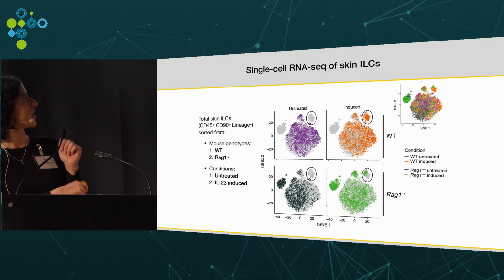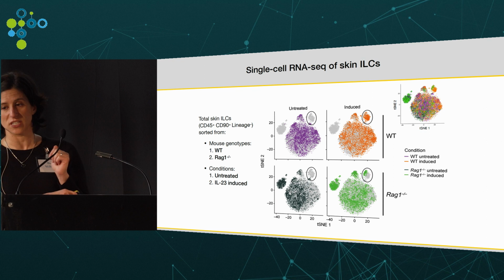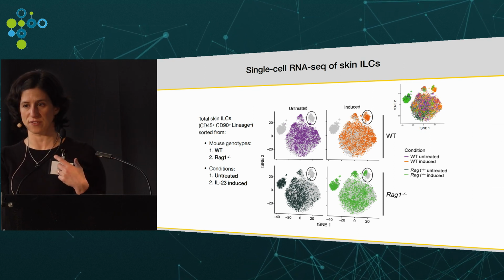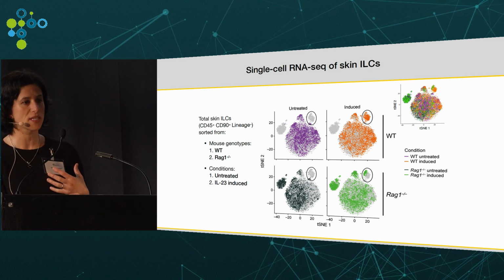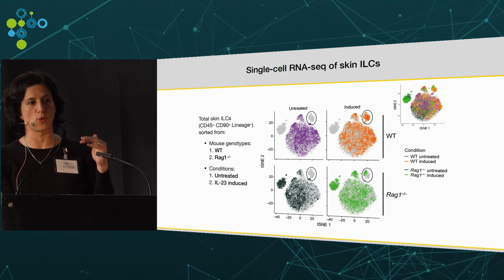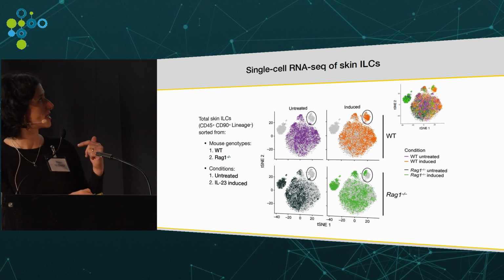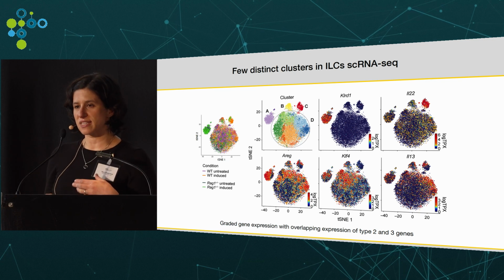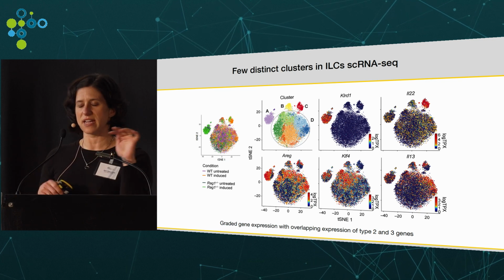And here, this is one that we are going to ignore for now because it's specific to the RAG deficient mouse, and we're more interested in the natural physiology, which is in the wild type mouse. We were just using this to check that it was reproduced when you only had ILCs, but some things do change without T cells. So you can cluster this data, but the problem is that you basically end up subdividing